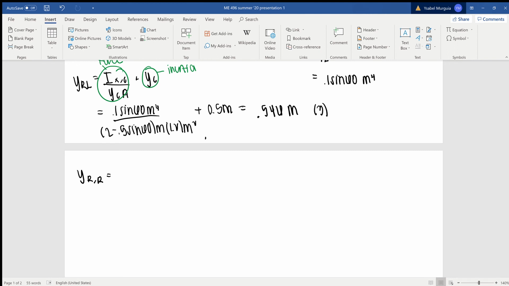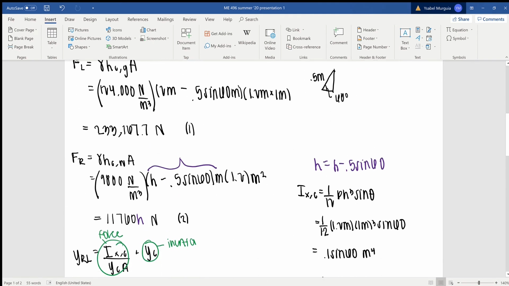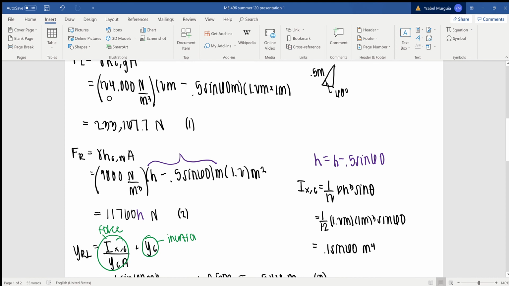Y sub r. Okay, same thing, same equation. I sub xc divided by y sub c A plus y sub c. Okay, and then again, this y sub c is essentially the h sub c of the relative glycerin or water, and that's divided by the sine of 60. Okay, so we have 0.1 sine of 60, that's the value for the moment of inertia, meters to the fourth, divided by y sub c. In this case, I had defined, again, scrolling back, h to be h minus 0.5 sine of 60,